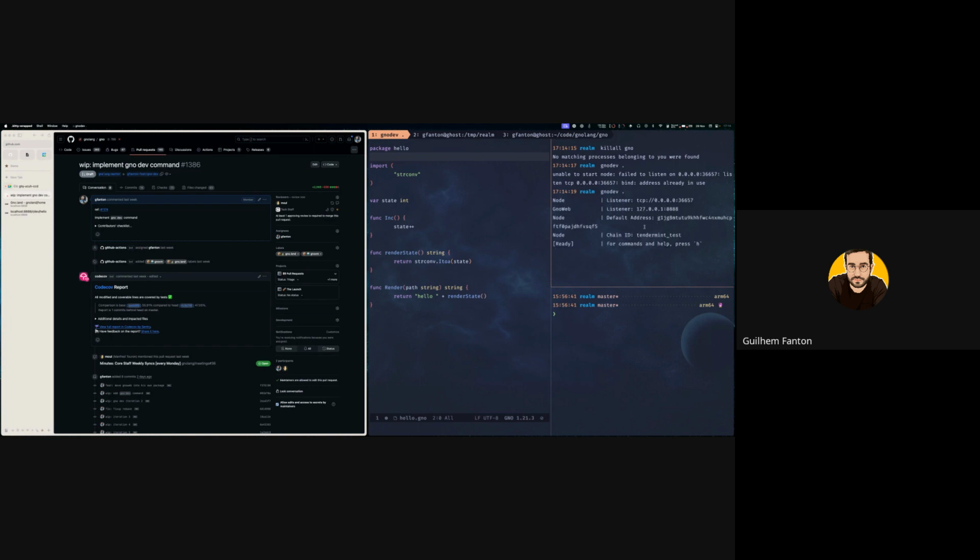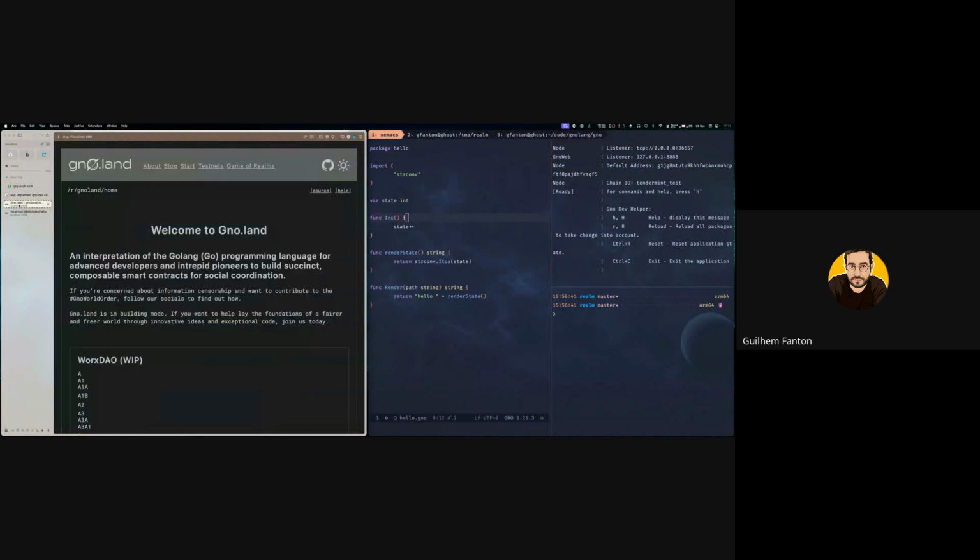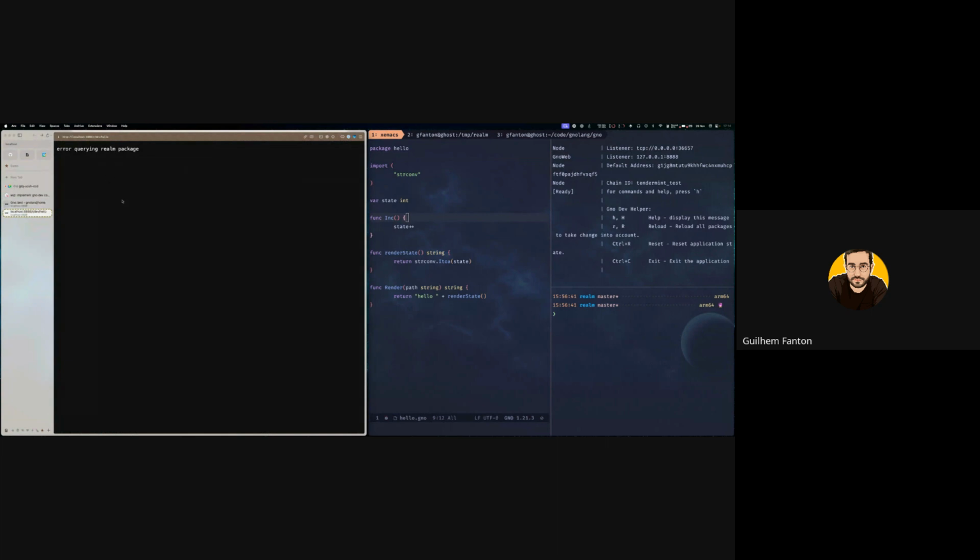That's it. It's in raw terms, so you can directly put your command. You don't have to type your command. You can just press a key. So for now, you have two commands: reset the state of the application and reload the application. Let me show you how it works.